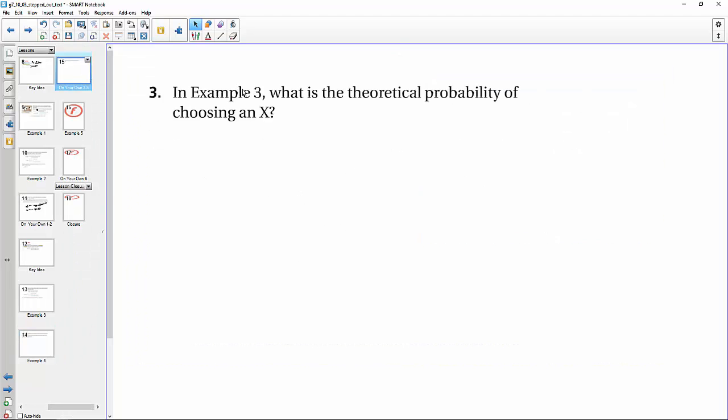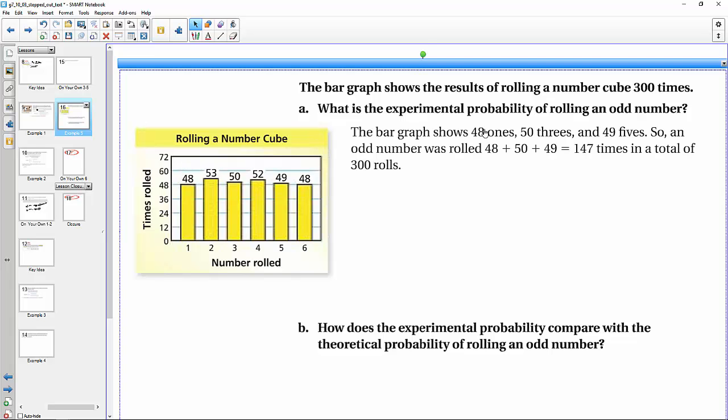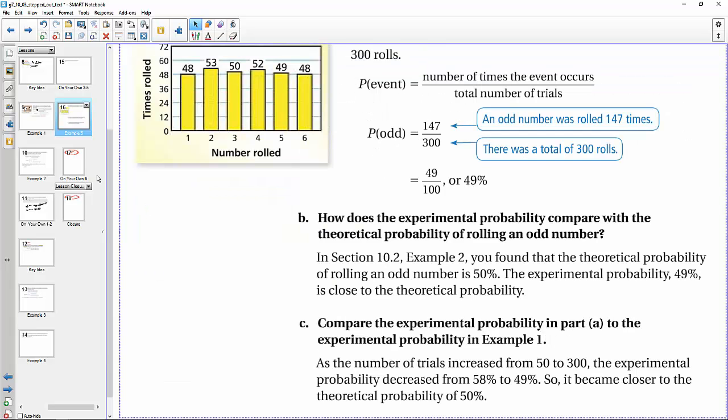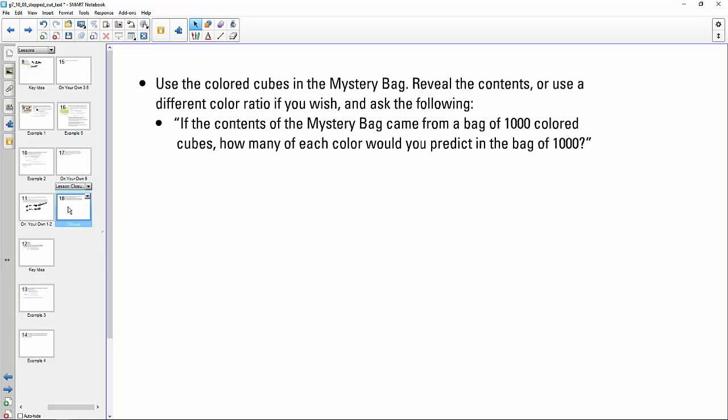A couple more examples here. Let's just try this one here. So the bar graph shows rolling a number cube 300 times. So here's my 300 times. What's the chance of getting an odd? So I do 48 plus 50, so I have 98. And then 98 plus 49 is 147. 147 out of 300. And that is really a lesson